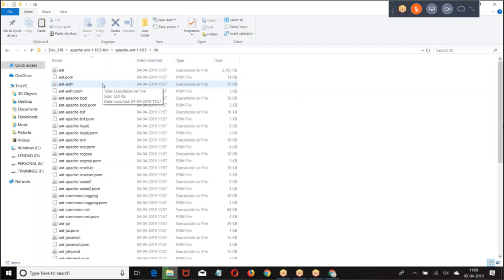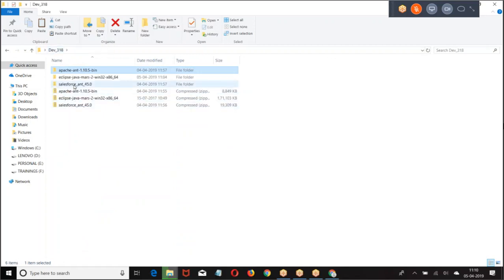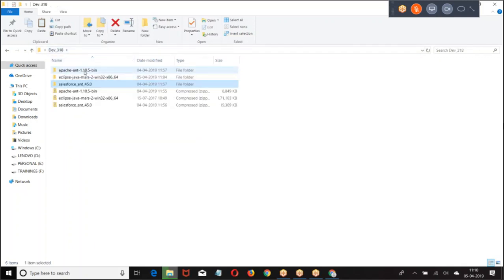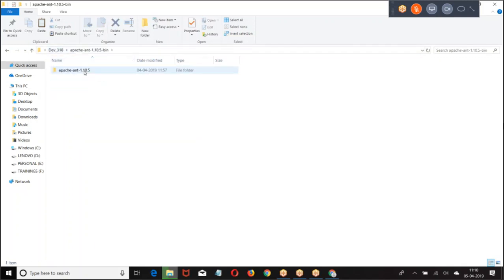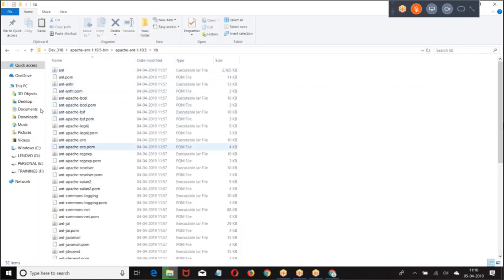Whatever the ant-salesforce jar file was there in Salesforce, copy this file, paste it to Apache ANT library, paste it here. I hope you are good with this.